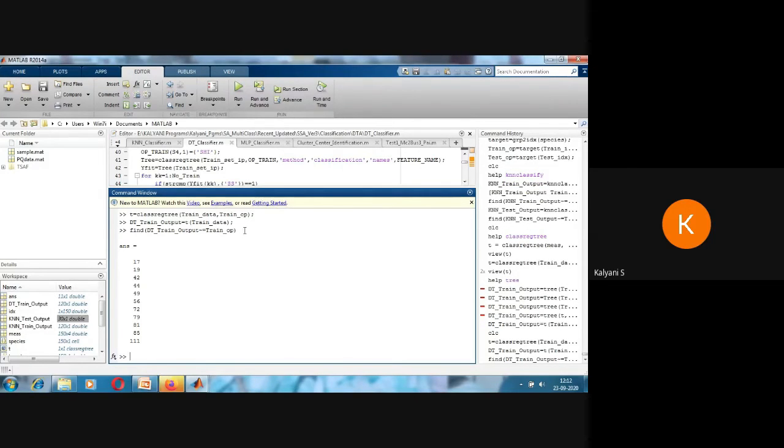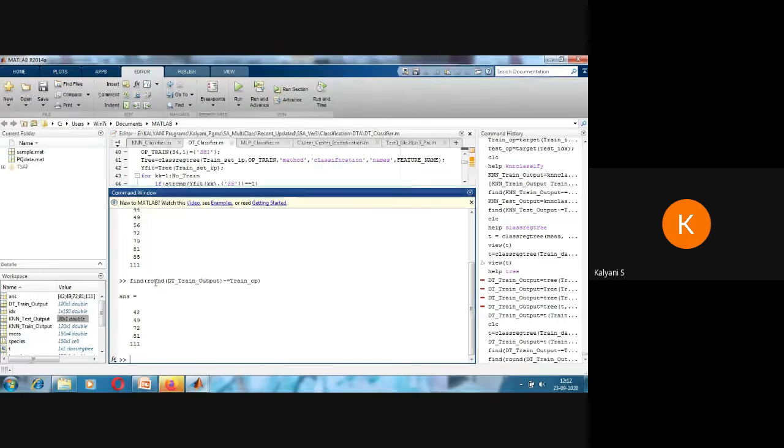See, so many samples are misclassified because here we have used that 1 to 2.5 and down. If you use the species directly, this would not have happened. Or I think we can round it and see. Here the values will be decimal numbers according to the tree. Once you round it, all the decimal numbers will be converted to whole numbers. So here you have 5 samples misclassified in training. So the training accuracy is 115 correctly classified out of 120.